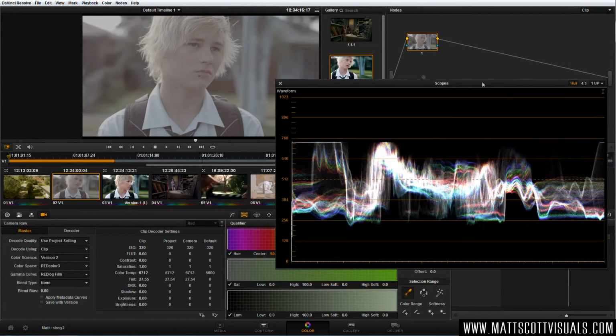Now we're talking about creating a black point, and if we look at the information that lies on this graph, 0 representing pure black and 1023 representing pure white, we can see that most of our image lies in the center. There is no pure black, there is no pure white. We need to expand our contrast. So what we're going to do is jump over here to this little wheel,